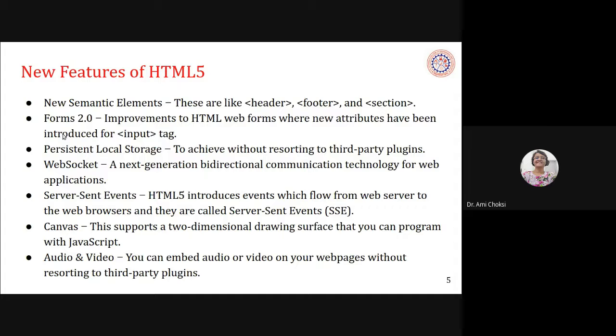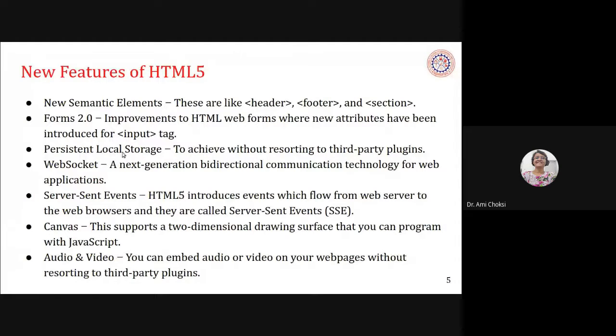You can see that. Forms 2.0: improvements to HTML web forms, where new attributes have been introduced for the input tag. Persistent local storage, which we can achieve without resorting to third-party plugins, right?